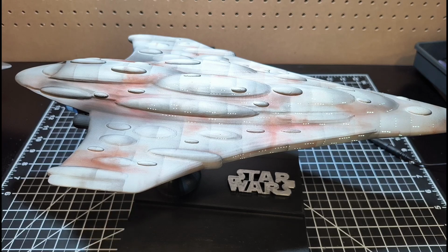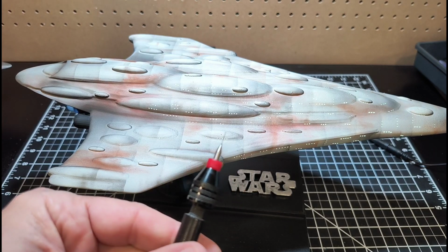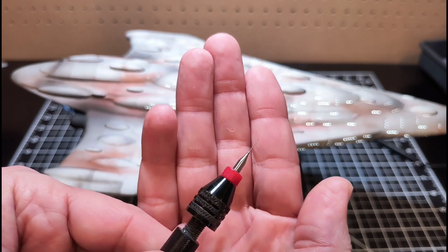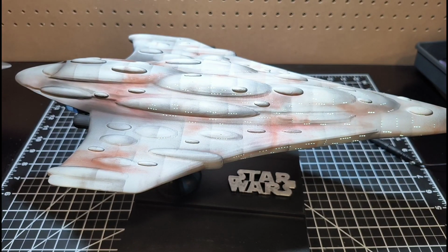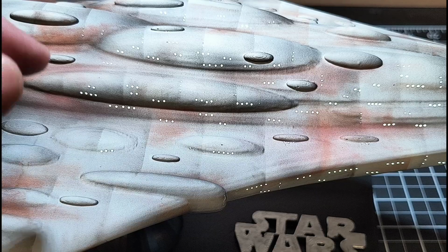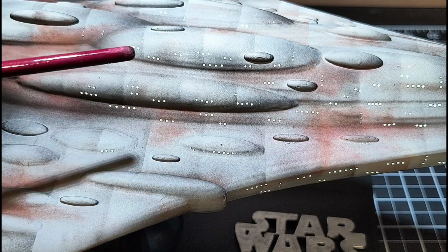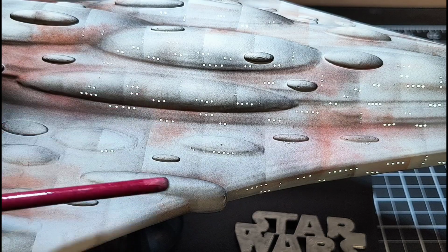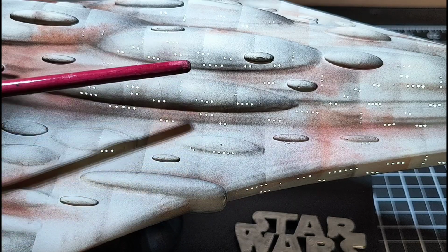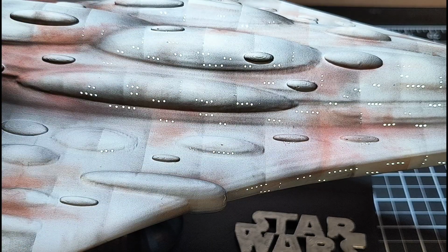Now I did use some of these drill bits, and I used two different sizes. This is the smaller one. I started off with a bigger size. We'll see if we can get a closer look in there. A bigger size initially to get some of the windows, and then I kind of went to the smaller size. Probably should have done the smaller size just for a sense of scale, but overall I'm pretty happy with how